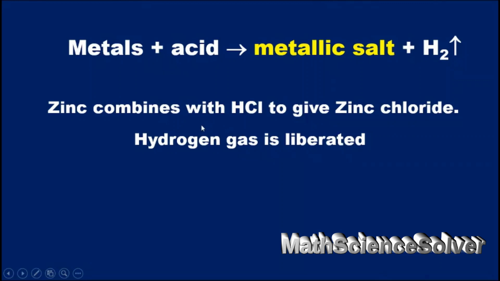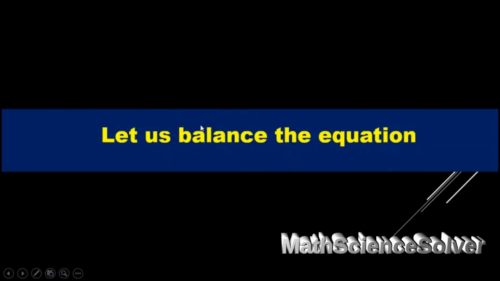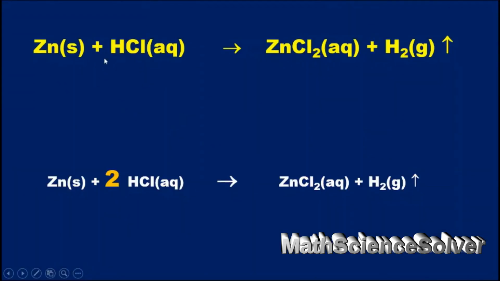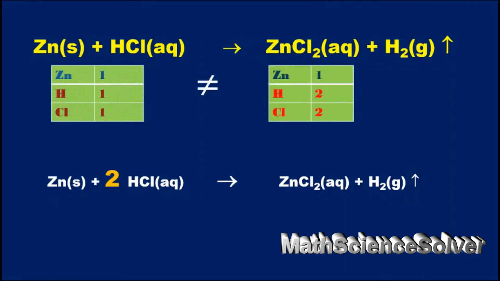Let us try to balance this equation. Zinc plus HCl. Here S means solid, AQ means aqueous, and G means gas. It will show the state of that matter. You see, on the reactant side, the number of atoms does not match the number of atoms present on the product side. Such equations are unbalanced or